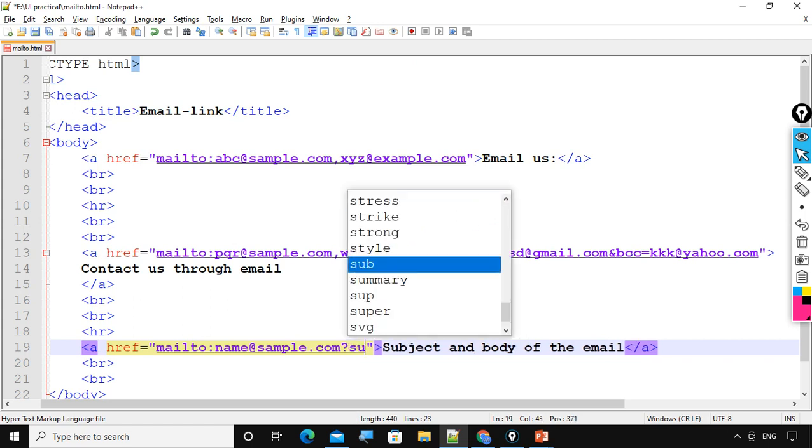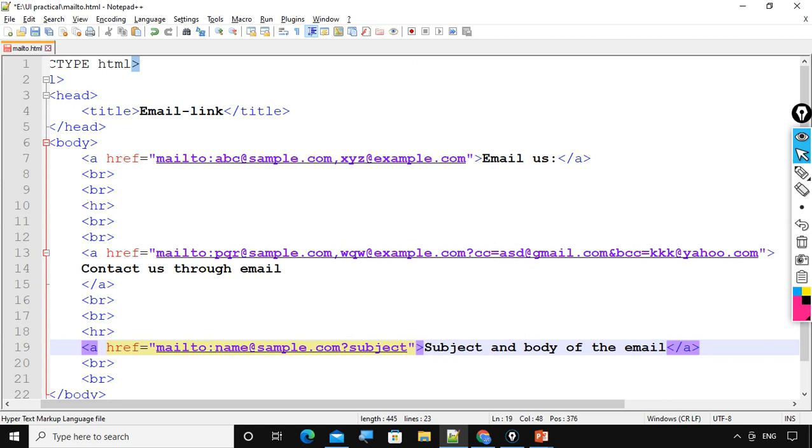I will write subject key with a value leave related, okay, and one key value pair separated with the help of AND operator, okay.